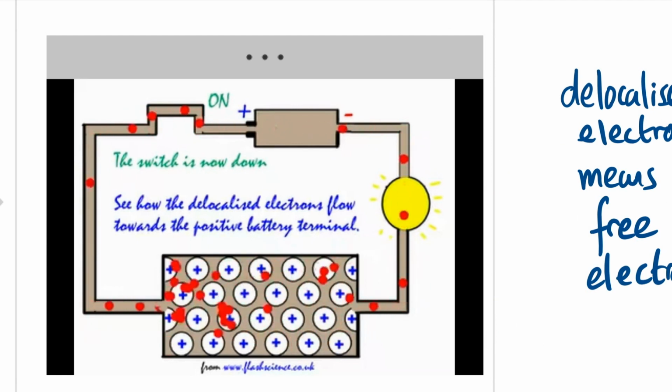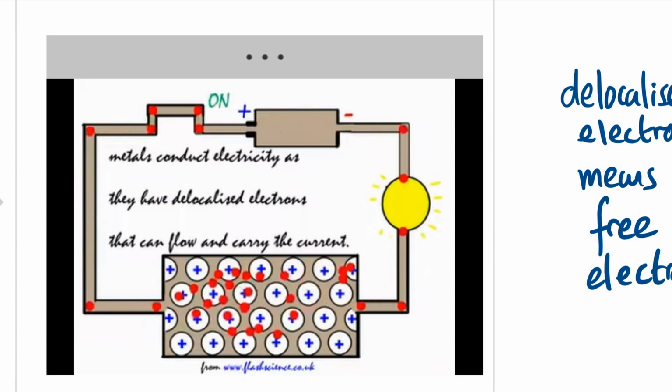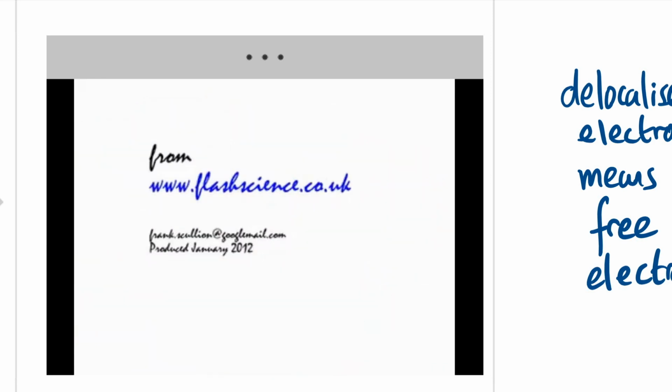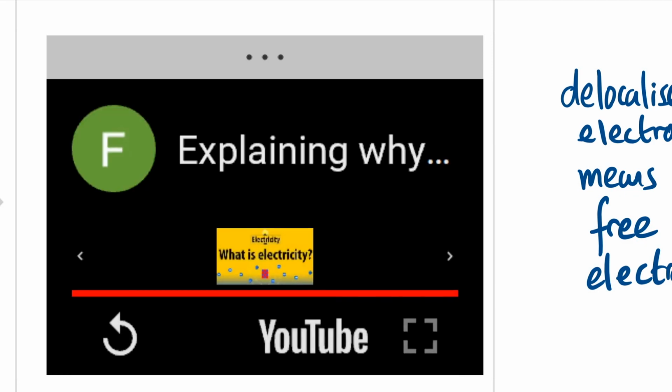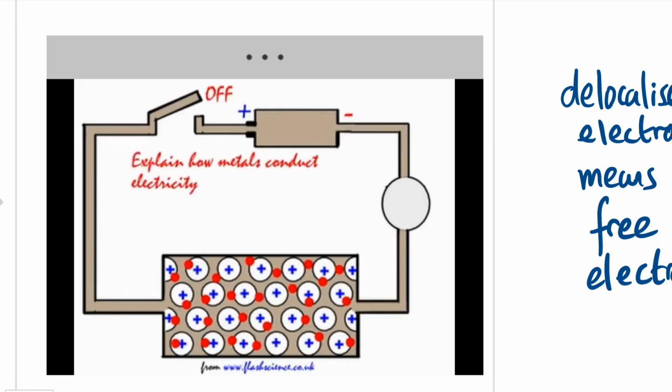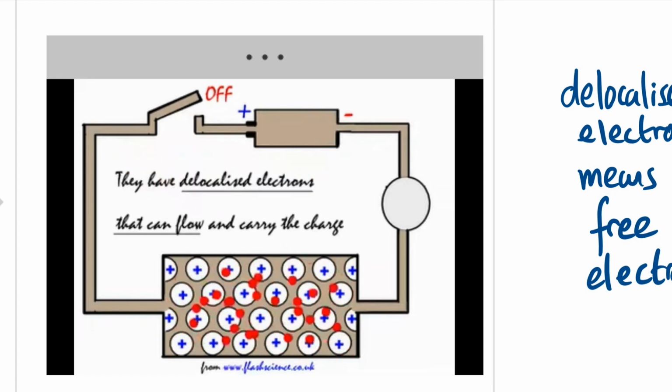It shows electrons flowing around a circuit, and you can see at the bottom you've got a resistor, which has been zoomed in on, and that resistance is actually a wire. If we look at that video again, you can see at the moment the switch is off. You've got these free electrons. Now in the video they're calling these free electrons delocalized electrons,